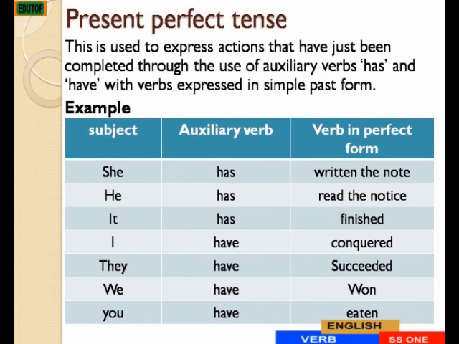Now let's check some of these examples. We have 3 columns. The first column, we have a list of subjects, noun or pronoun. The second column, we have a list of auxiliary verbs, has and have. Then the last column, which is